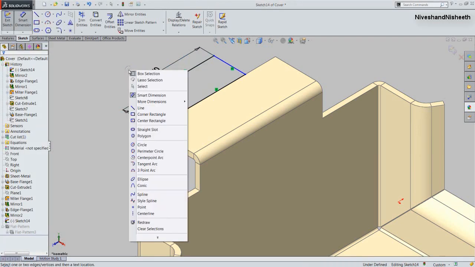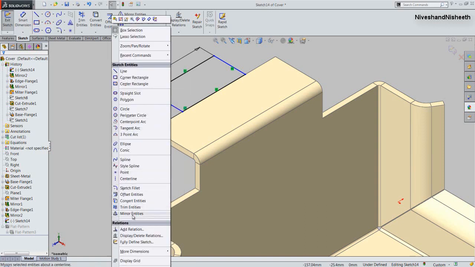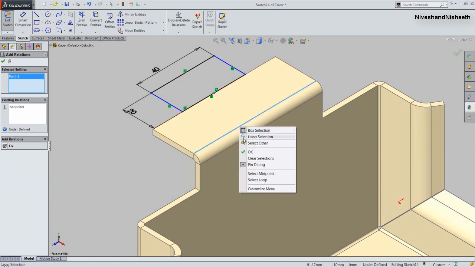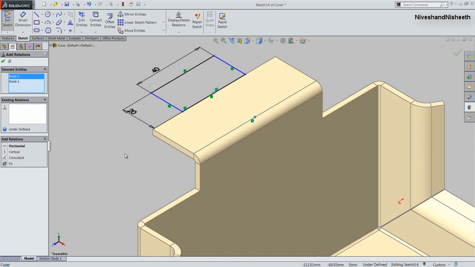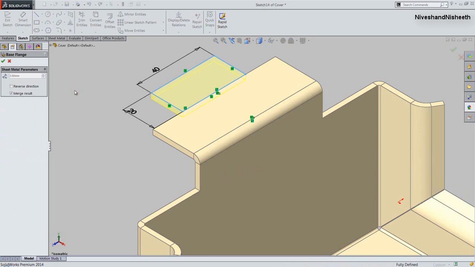Now we will fix the horizontal relation between the midpoint of the rectangle line and this edge, and click OK to finish the command.